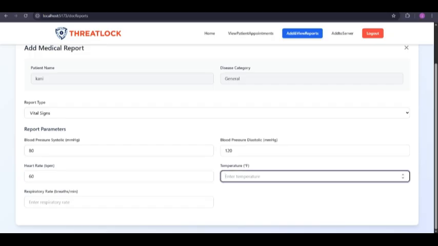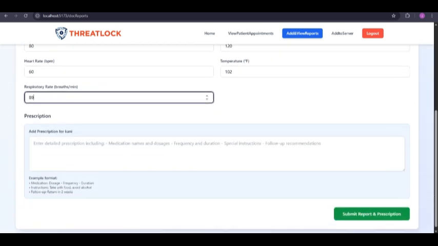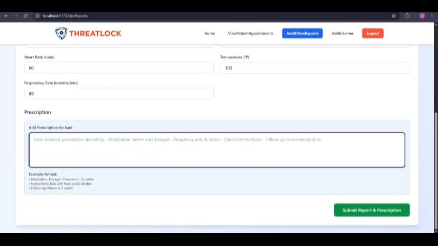As I told, I have a fever, so I'm giving a high temperature, and breathing at 90%. And for the prescription, I'm just giving have a good rest,